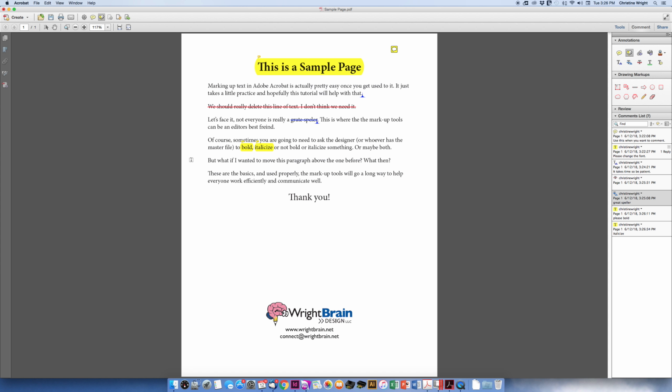That's real simple. But now let's say you want me to move a whole section. This is where the drawing tools come in handy. Here's the thing you need to remember about the drawing tools. When they appear on the screen, they appear big and red and obvious, which is fine, except it can block other copy that I may need to edit. So I really recommend saving the drawing tools for certain occasions, like I want you to move a line of text. You've got your text box that you can add. You've also got your text callout, but you can even just do something as simple as just the pencil tool and say,